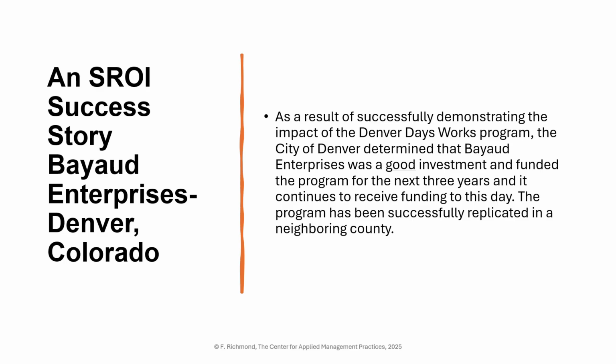What happened the next year? The city gave them $400,000. And one of the counties, was it Adams or one of the other border counties, copied the program. I forgot what it was. Denver Day Works. Joanne might know. Okay, yeah. So in other words, they had a really good program, okay? Joanne and I have worked together with this agency. That's why we know this. But they actually proved that it was a huge win, and for the city, $400,000 to keep people who were employed off the benches.